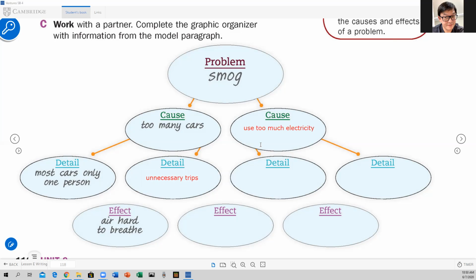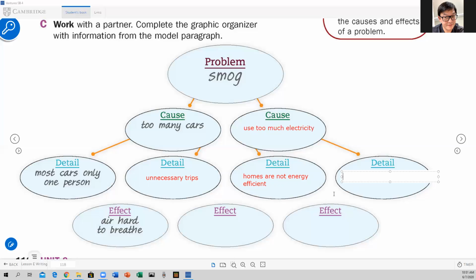Now let's talk about use too much electricity. So two things. I said one, right? The detail about people use too much electricity: the homes are not energy efficient. This is what we talked about. Yeah, I mentioned this a little bit. Homes are not energy efficient. And